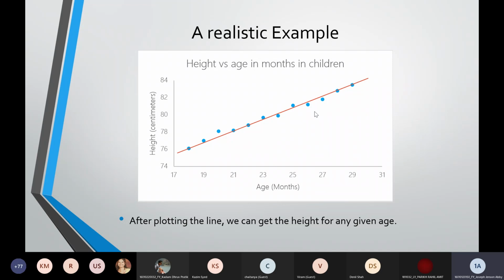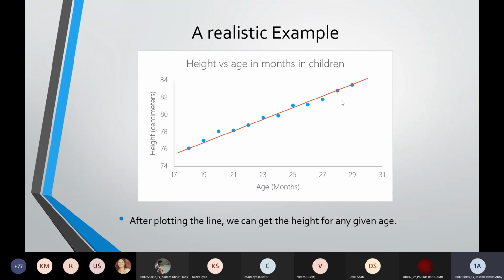Now, if you see here, the points don't lie exactly on the same line, right? So in real life you won't have relations like that, or not all points will exactly follow the relation. There would be some randomization. Say this point is above, this point is slightly above, this point is below. So our job is to plot the line which best matches or best represents these data points. So that is what we are going to do in linear regression.